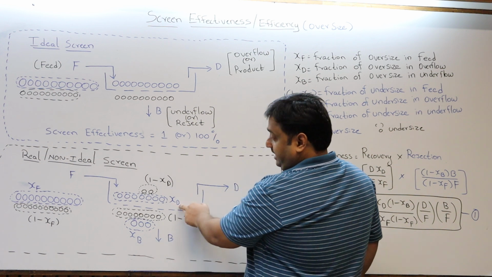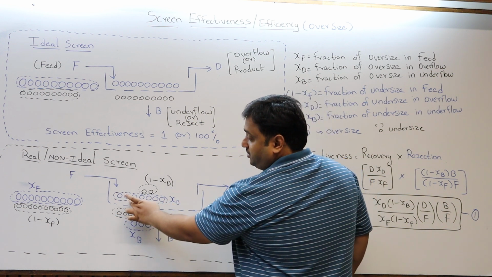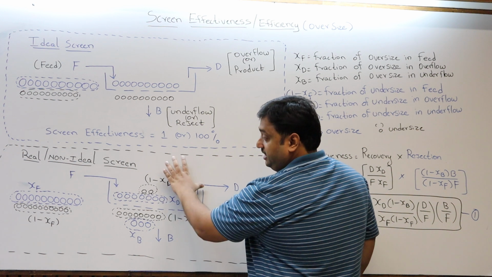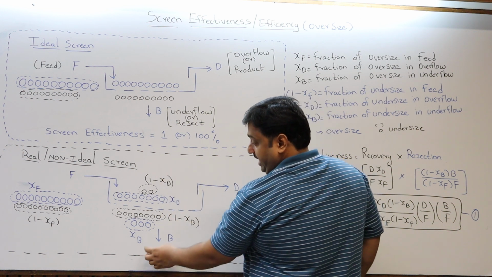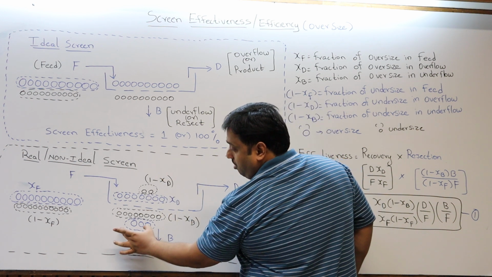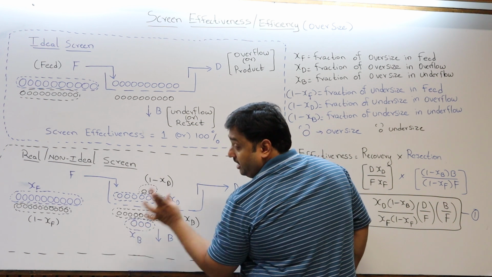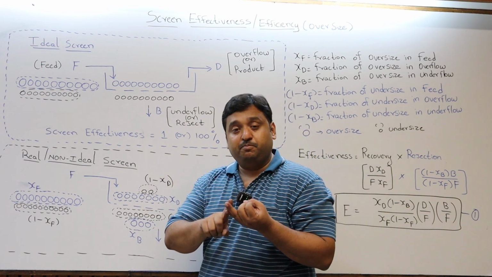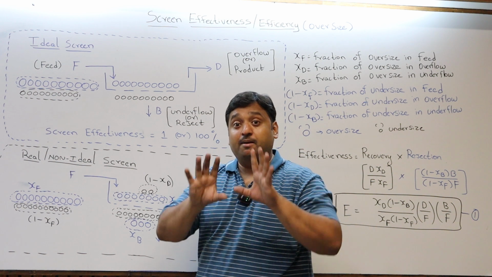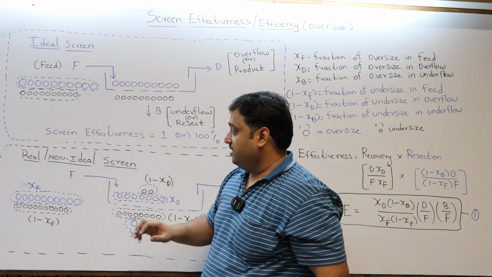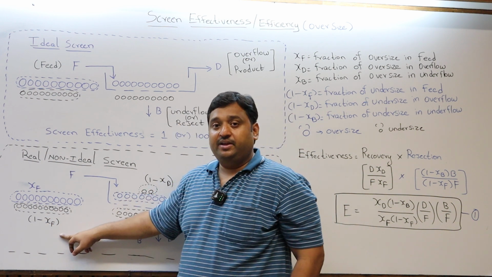And what is this? XD is denoting the fraction of oversized particles in the overflow. What is XB? XB is the fraction of oversized particles in the underflow. XF, XB and XD are talking about the bigger size particles. And 1 minus XF means,